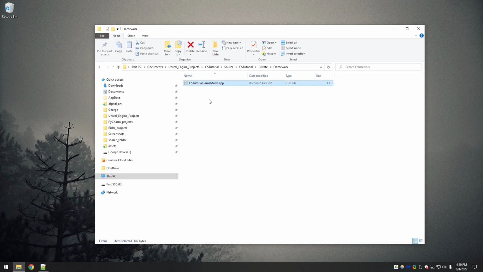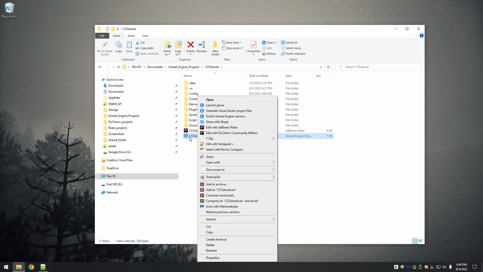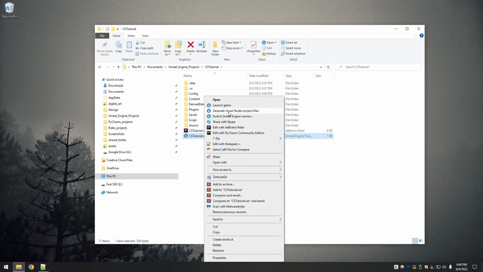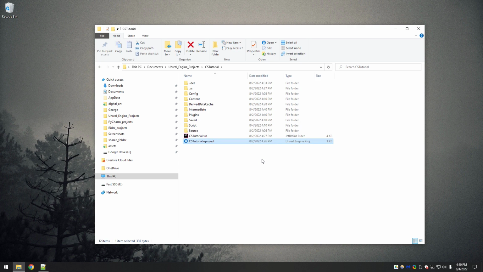Say I wanted to delete the CPP file. You delete it, come back, delete the intermediate and binaries folders, and then you right-click the U project and go to Generate Visual Studio Project Files. So, like I said, this goes for adding or deleting. Now, you want to make sure before you do this, especially with deleting, that it's not being relied on by a bunch of other stuff. But when I first started out, I'm real particular about naming of things a lot of times.